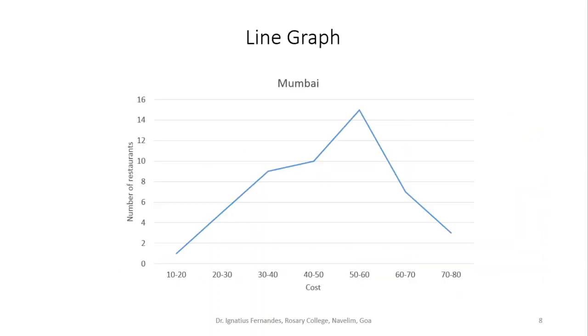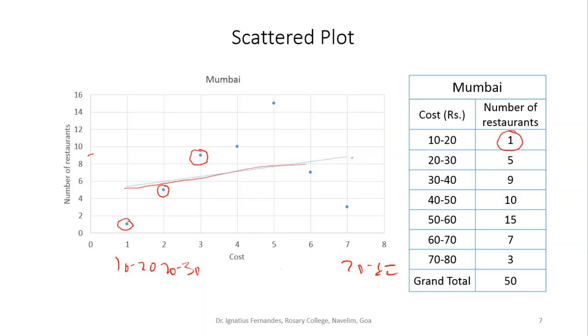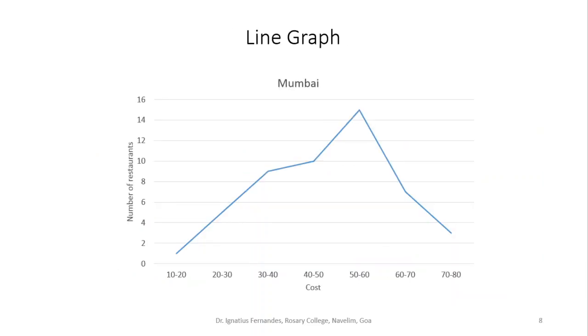The next one is a line graph. So in the scatter plot, after marking these points, I just join them, and then what I'll get is a line graph. So again the same procedure, I mark the points first and then I join them. It will be called a line graph. Later in the next module we'll talk about when to use which graph. Right now we'll just see how to draw each one of these graphs based on the data. So this is a line graph.